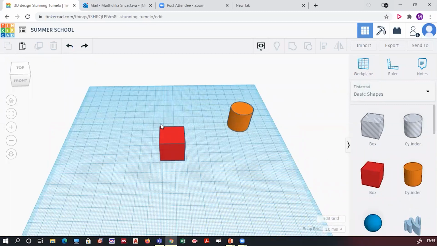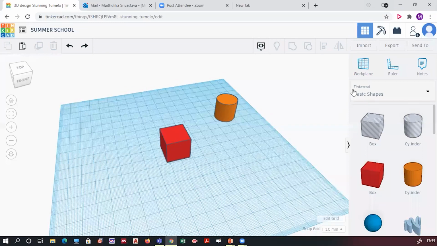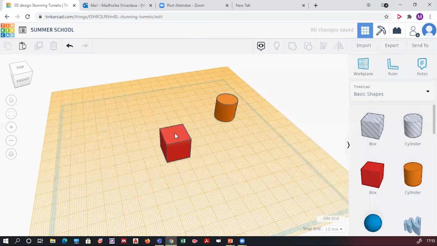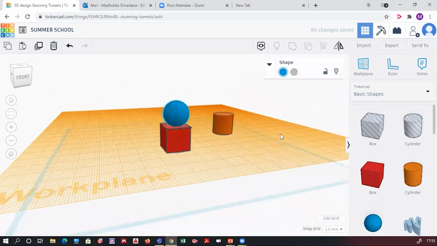Okay, I'll repeat again. Suppose I want to place an object over this rectangular block. I'm telling you just one case where you can use this work plane option. I want this to be my new work plane, and over this I will be putting another object. So I will click on this work plane and take it to the object where I want the other objects to be placed. I will click on this. Whatever object I need to put on it, I will take that object, and with reference to this work plane, the object will be placed over it. So to change the work plane, we use this option.